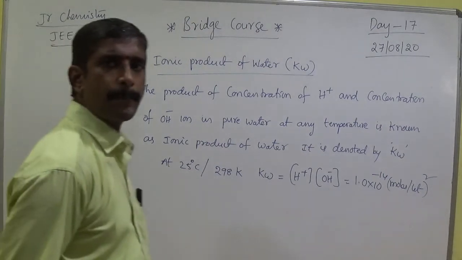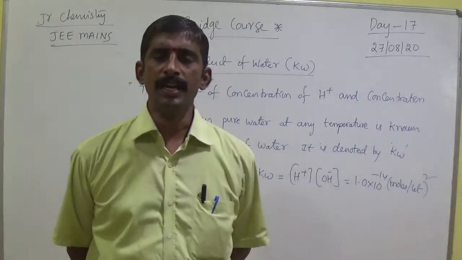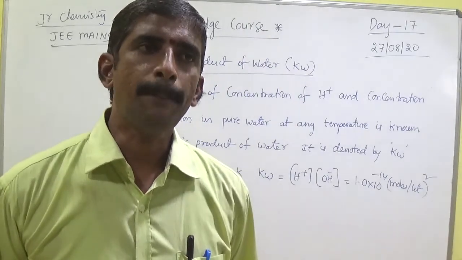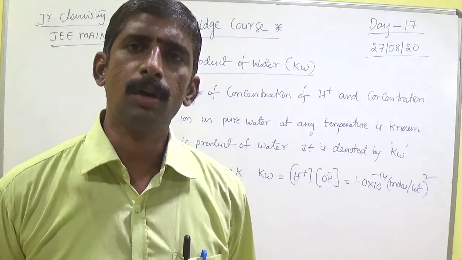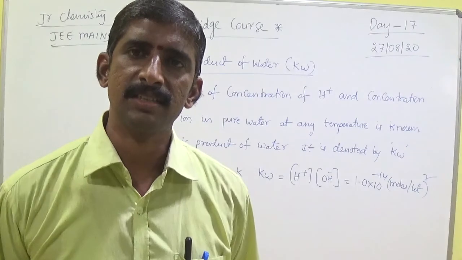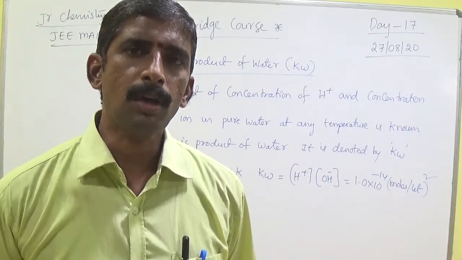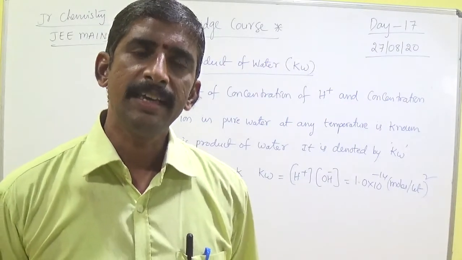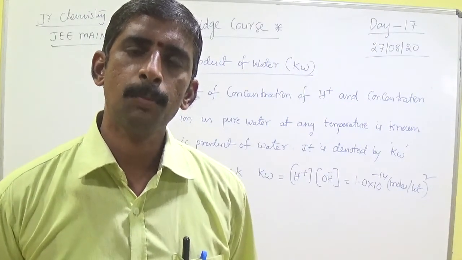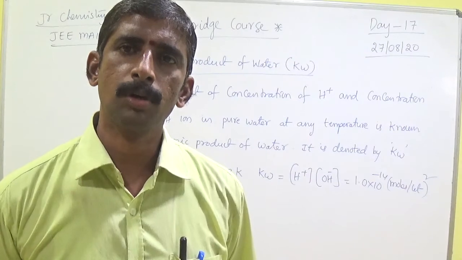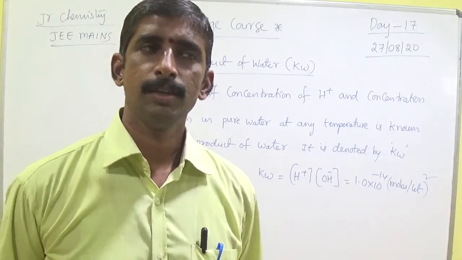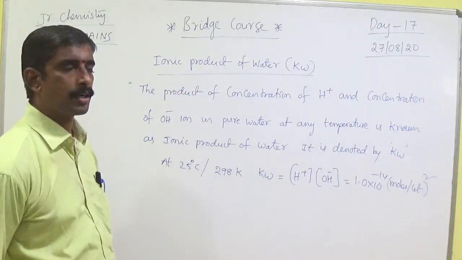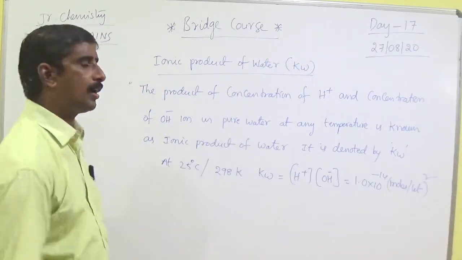Ionic product of water depends on the temperature. When temperature increases, the ionic product of water value also increases. Simply, the ionic product of water Kw value depends on the temperature. Increase the temperature, and the ionic product of water also increases. And another one is